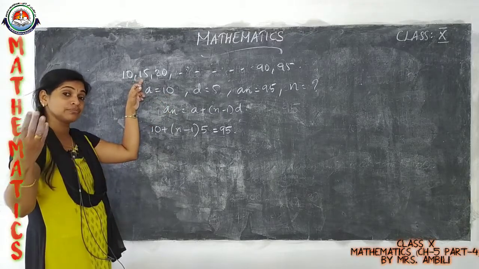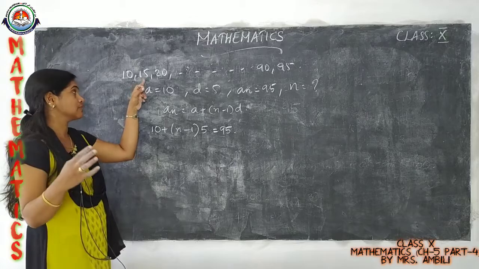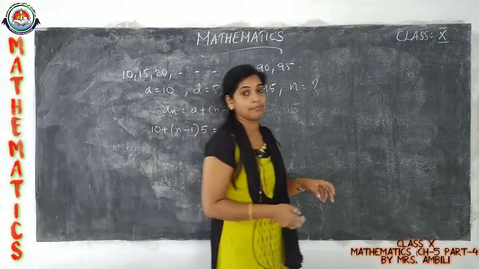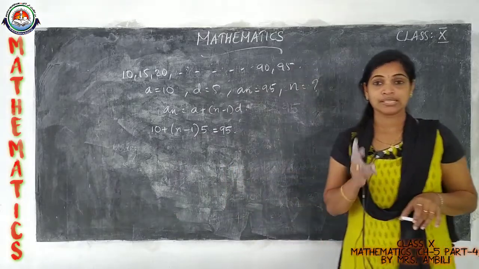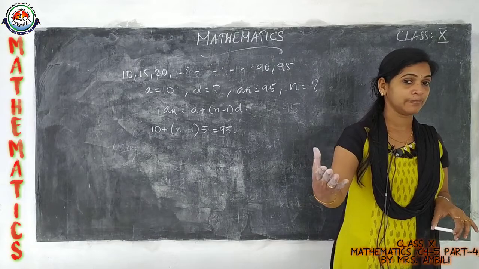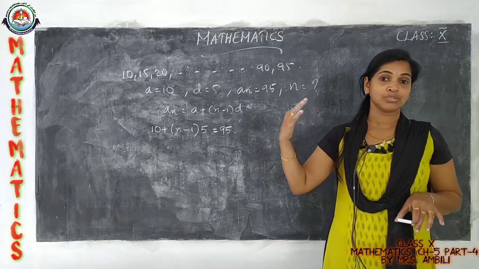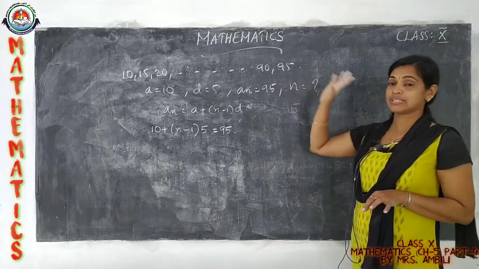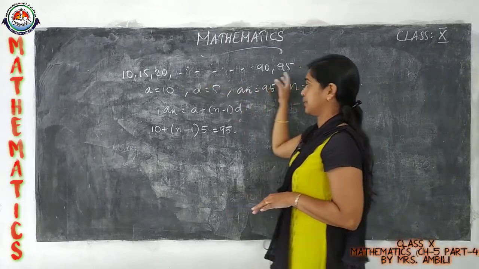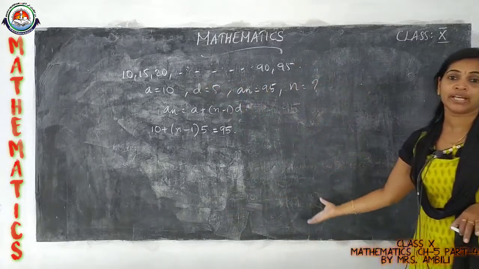So the next number divisible by 5 is 15. The next, 20, like this. What is the last 2-digit number? 99. The last 2-digit number is 99. 99 is not divisible by 5. So the last 2-digit number divisible by 5 is 95. So like that we can form an AP. Then as usual we can continue the problem.